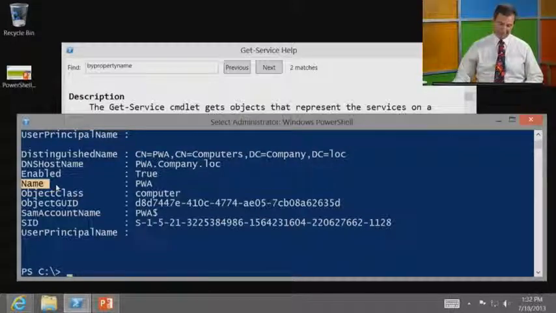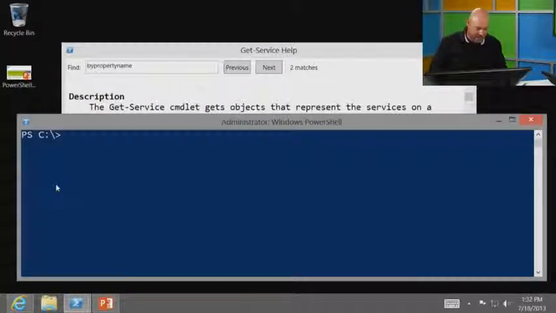You want to show them? You want to show them? I don't have AD computer. Oh, you don't have AD computer. Well, let me show them then. So